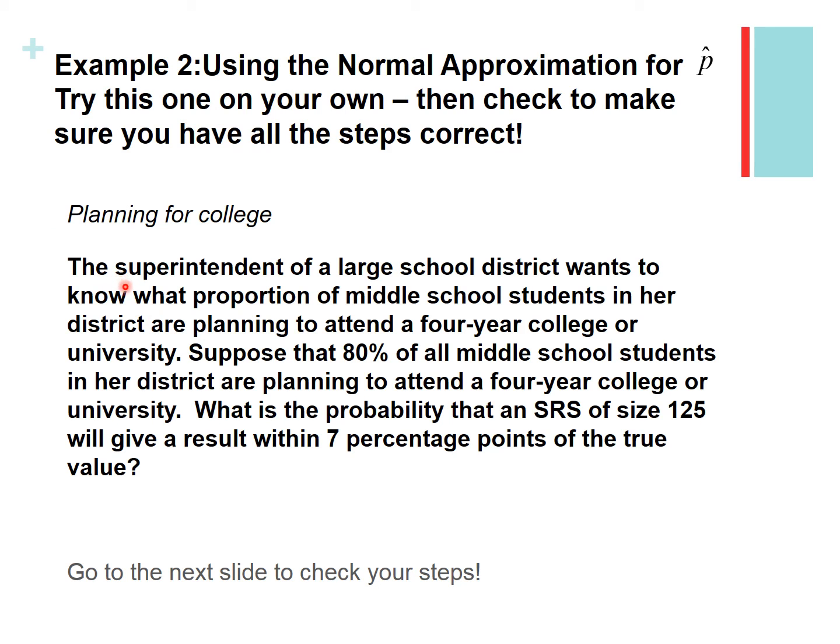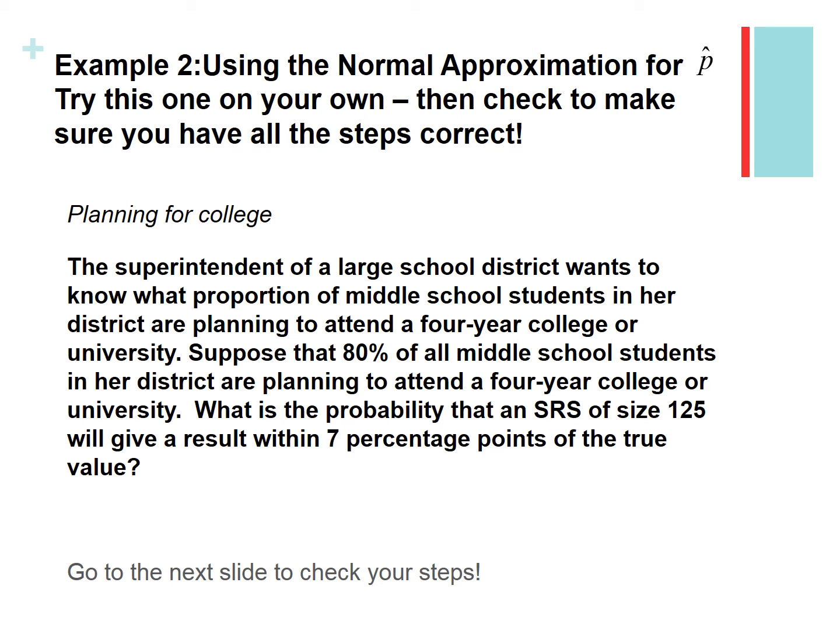Okay, so how did you know that you were doing a sampling distribution for this? Take a look specifically at the question. What's the probability that an SRS of size 125 will give a result within 7 percentage points of the true value? You know that you're doing a sampling distribution because we're talking about the probability of a simple random sample of size